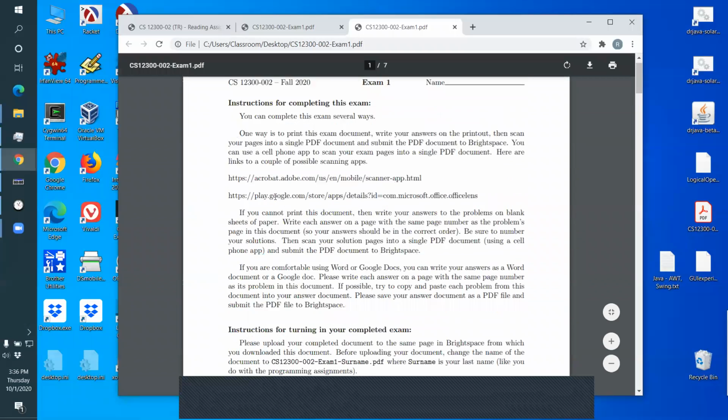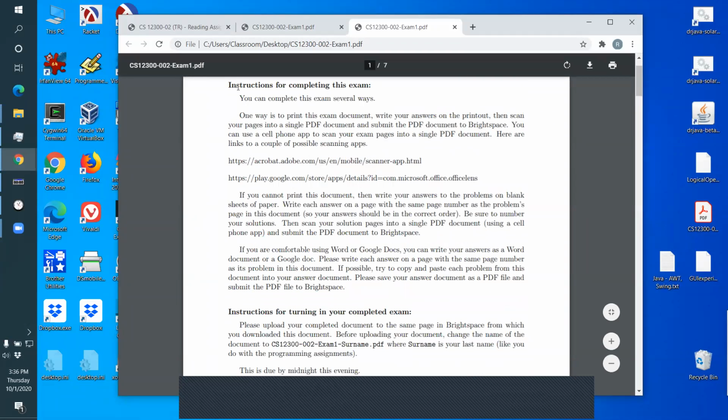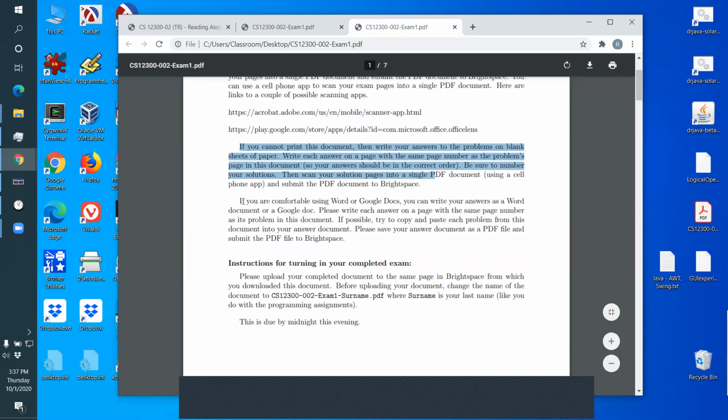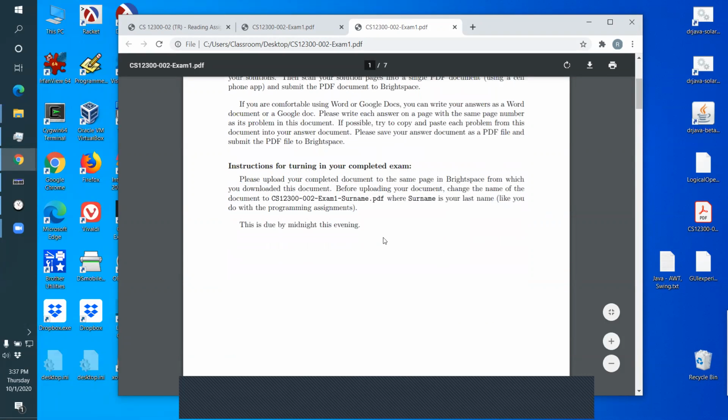Okay, so for completing this exam, any one of these is okay with me. Print it out and write your answers on the printout, write your answers on blank sheets of paper, and then scan them in, or create your own exam document, using Word or Google Docs. And you actually can edit PDF documents if you have the right software. I almost never do it myself, but I know that you can actually add stuff to a PDF document and save it. So if you wanted to, you could do your